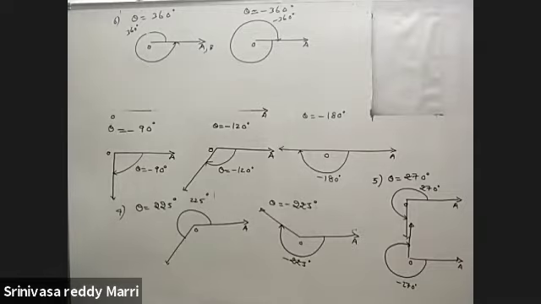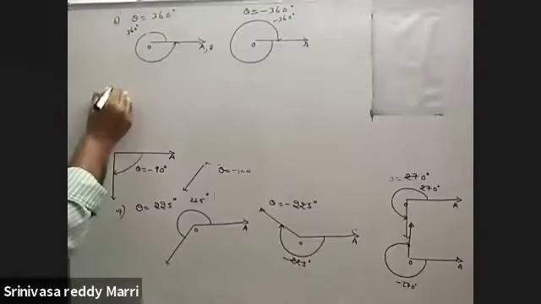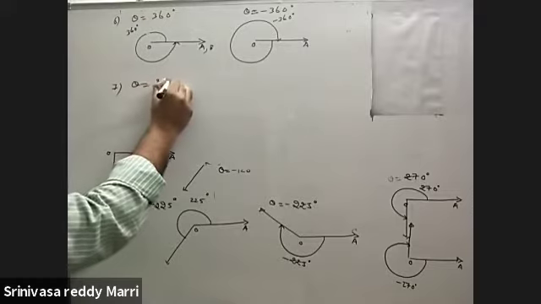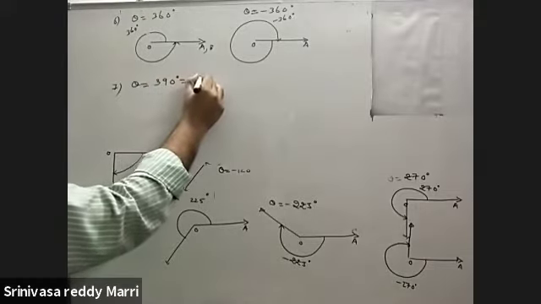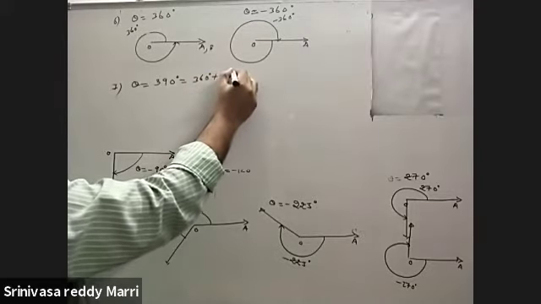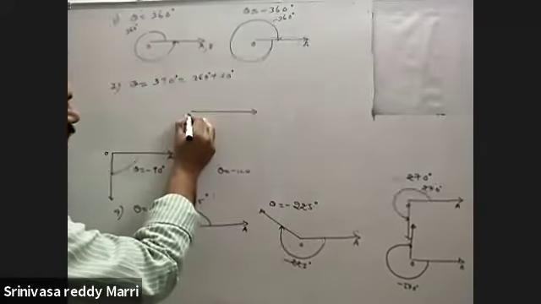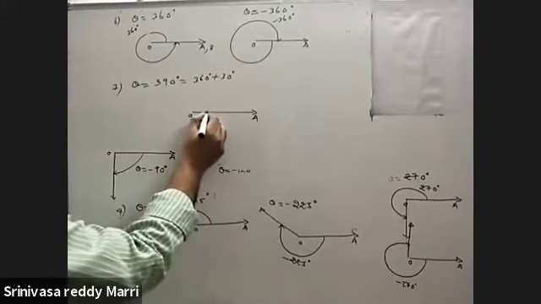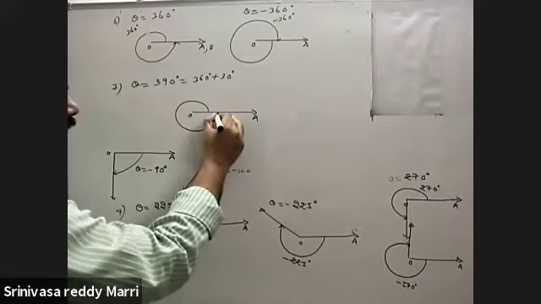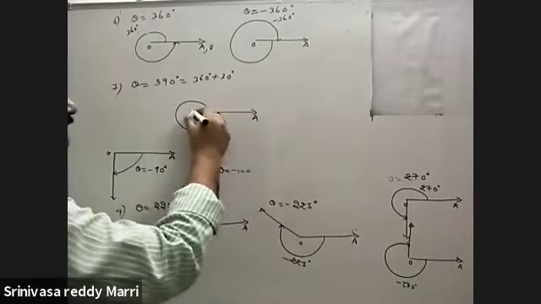Like that, how to indicate the angle? Suppose more than 360 degree. Look at theta equals 390 degree. This is nothing but one complete rotation plus 30 degree. Draw the initial ray as it is, then measure the angle 390. From here till here 360 completed and then 30 degree with the initial ray.